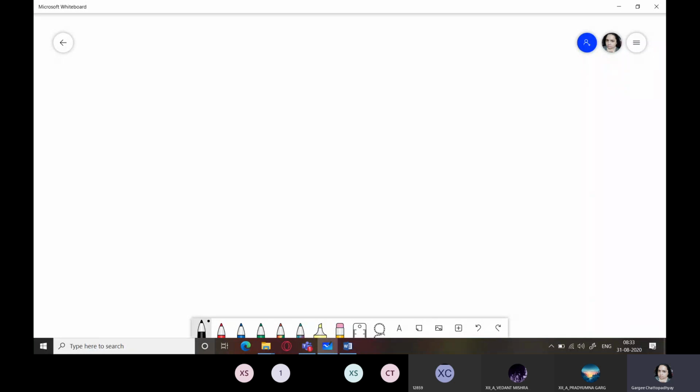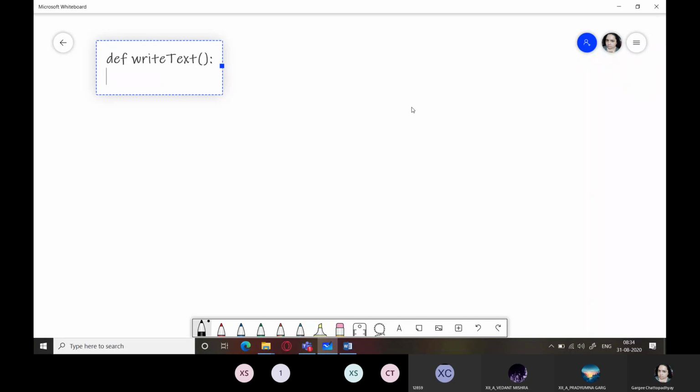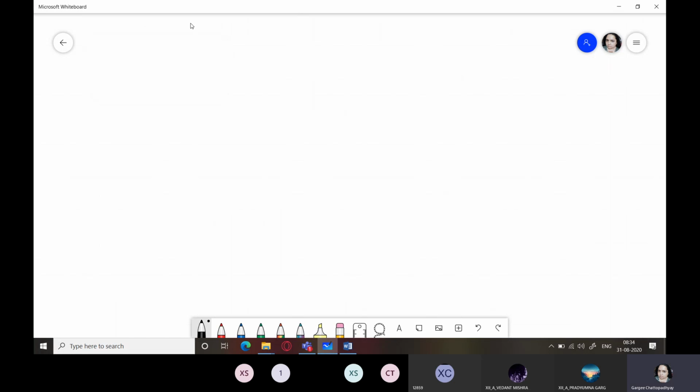So I'll use the text option here. So we will use def and I can write text as the function name, and it will accept a file name, or it won't accept a file name because the file name has been provided. Fine. One thing, I'll do it like this only.